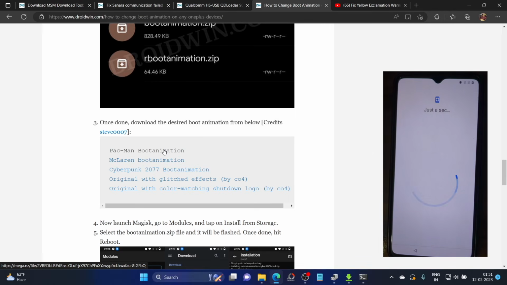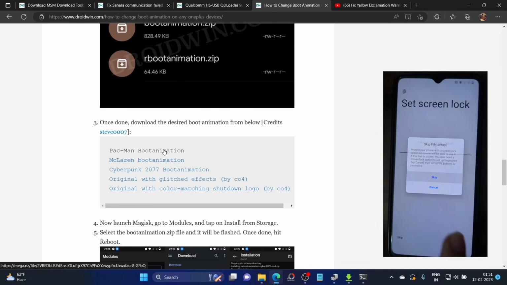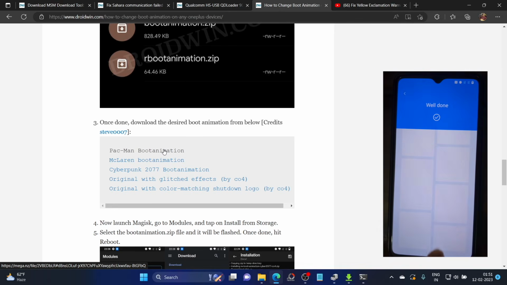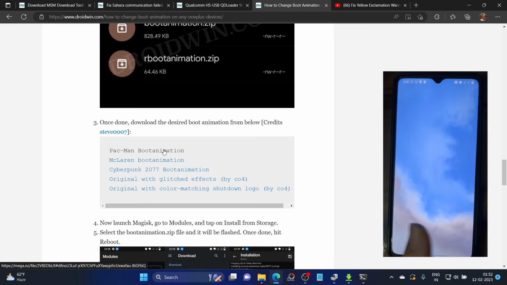Anyways, our phone is now booted to the OS, and we now have to set up from scratch again. Again, I will be skipping these steps and I will just show you the process. Set up offline, continue, and our device should now boot to the OS. Just a minute. So let's agree and skip the lock screen for now, and let me choose the 3 button navigation. Okay, let's start. This is the back gesture. That's why I always use the 3 button to skip this section, but by default this time I've chosen this, not an issue. So we are done and we could now access the OS.